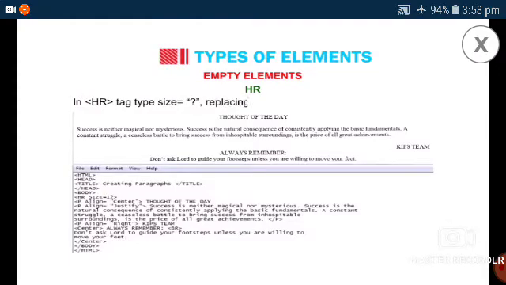Replace it with the thickness you want to apply using the size attribute. That means HR is given a value in pixels. A pixel is equal to 1/72 of an inch, in points. So what is that syntax?